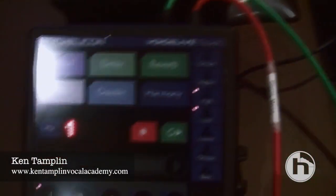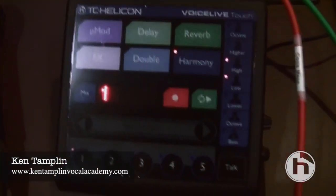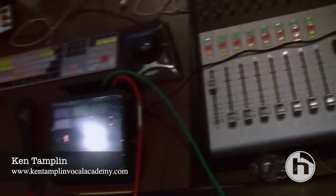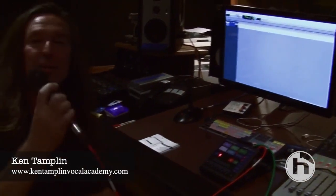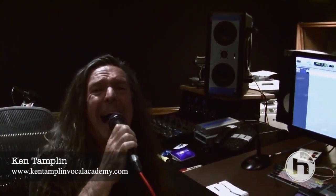I'm just going to start out by randomly hitting the harmony button and just singing something. And Nick, if you want to hold this for me, I'm going to have Nick hold this while I do this. It'll be one contiguous thing here, so that you know I'm not messing with a bunch of stuff. This is just straight out of the box, preset, and I'm going to try something. Hey,